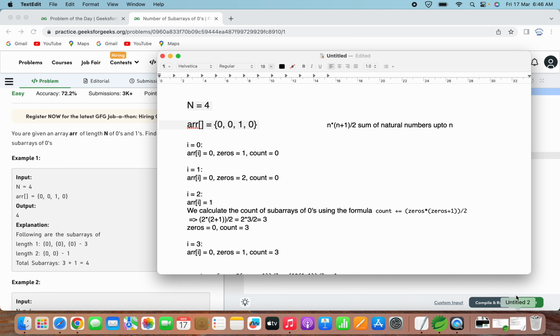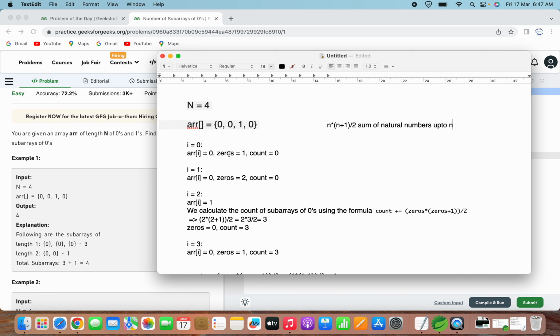For this, we initialize two variables called count and zeros. Initially both will be set to 0. Then we traverse the given array, and if the current element is 0, then we increment the zeros variable. So in this example, when i is equal to 0, array of i is 0, so we simply increment the variable zeros by 1.